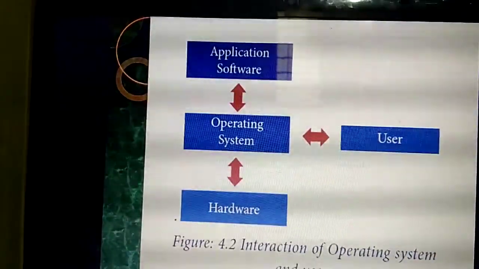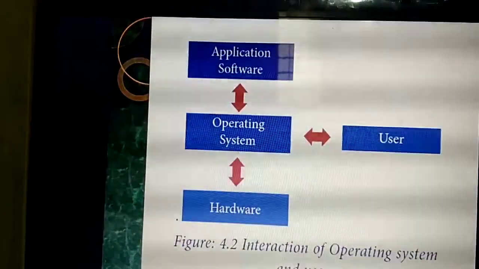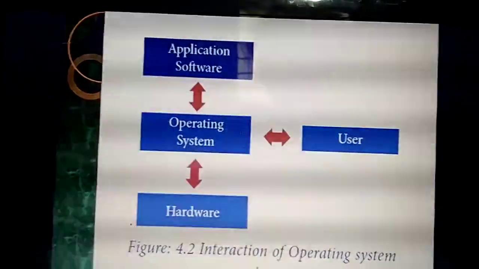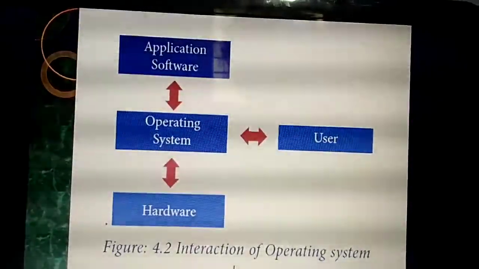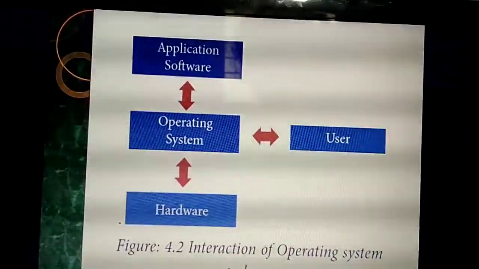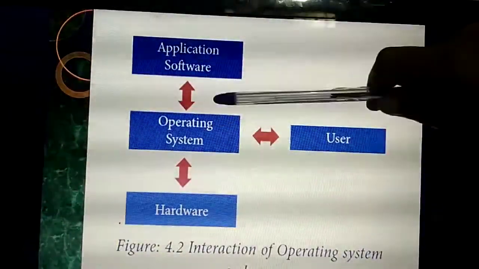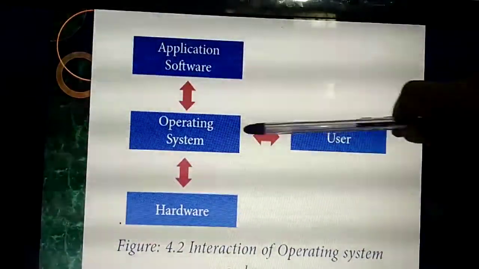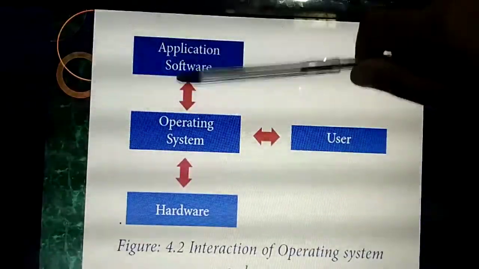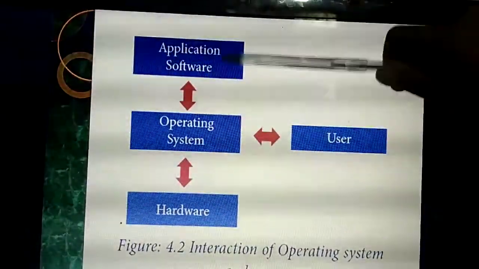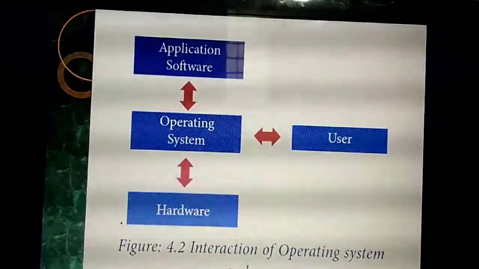Whatever inputs you give to the system will be converted to which format I said? Binary format. What do you mean by binary format? Zeros and ones. Isn't it? So you give a request to the operating system. Your aim is to open the word file. So the operating system will translate your request to this application, that means the word file you are opening and using.